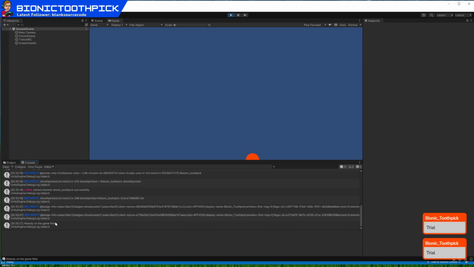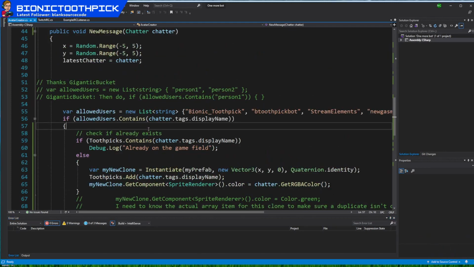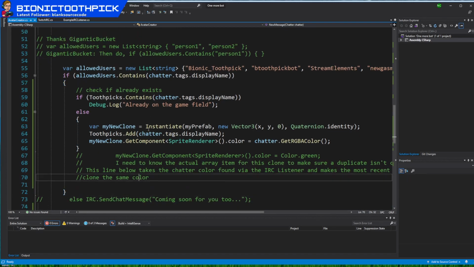That is a very important part because now when I go to the game, let's go back to the script. So let's look at what happens. If toothpicks contains chatter tags display name, then it's not going to do anything. Else, it creates the clone. It gives the display name to toothpicks, and then my new clone get component. All right, so all that, and now